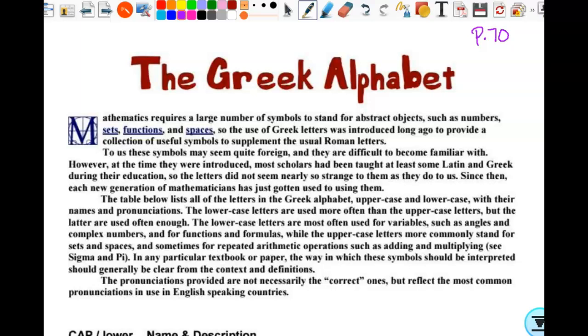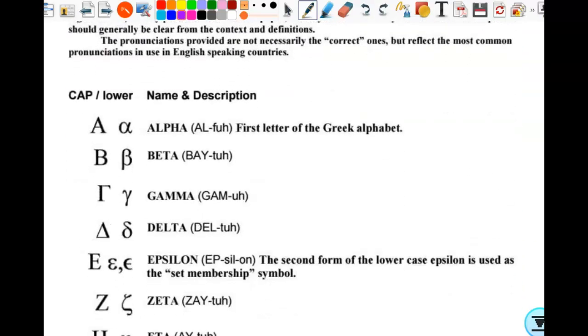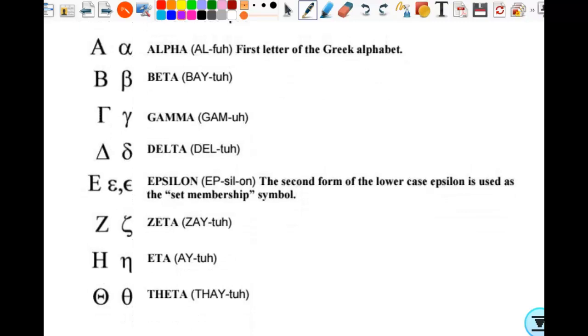So anyway, here's the Greek alphabet, because you're going to be seeing a whole lot more of these Greek letters, which you should have seen in chemistry and in physics already, and in geometry. In geometry, you do a very little bit of basic right triangle trig. So let's talk about the Greek alphabet real quick. There's a whole little story about it, if you want to read it; I'm not going to read it to you. I have the capital and lowercase Greek letters here for all of them. You may, at some point in your life, have to learn the Greek alphabet.